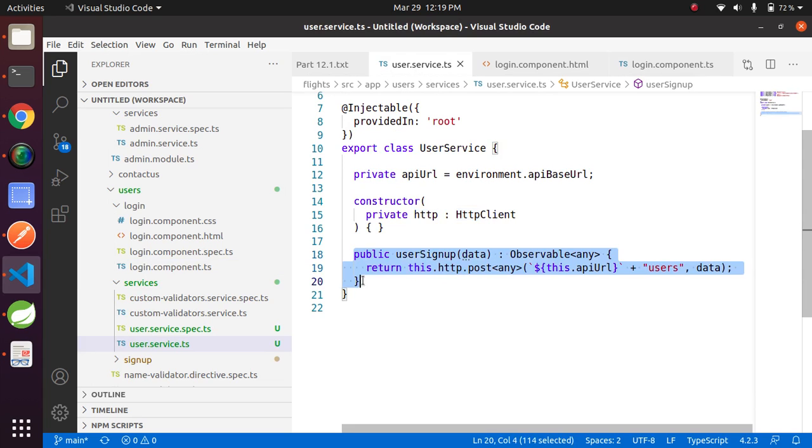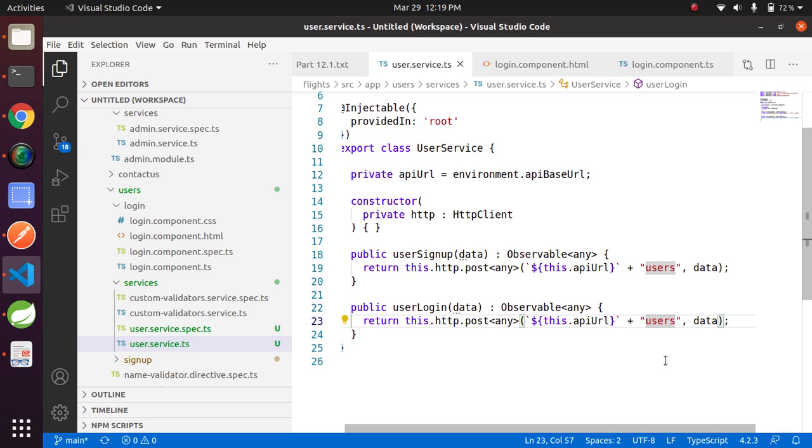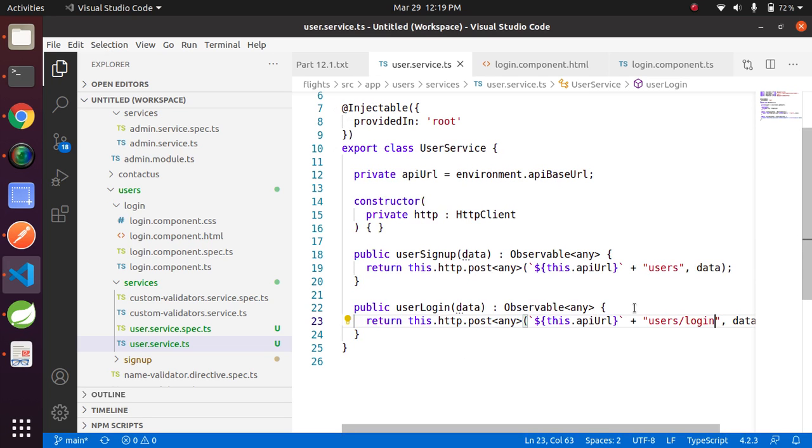Copy this and paste. Change the method name to user login, HTTP, and also change the users/login. Now go to your login component.